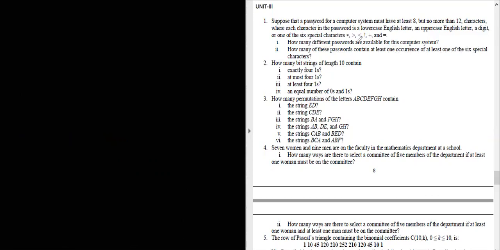Alright. Now after that, how many of these passwords contain at least one occurrence of at least one of the 6 special characters? Okay. So in this case, we want to find how many passwords have at least one special character. We can have minimum one and even all the 6 characters in the password. But for now, we want at least one of the 6 special characters. Now in this case, first we find how many passwords do not have special characters at all. So to find at least one occurrence of special character, what I am trying to do is find the passwords with no special characters.